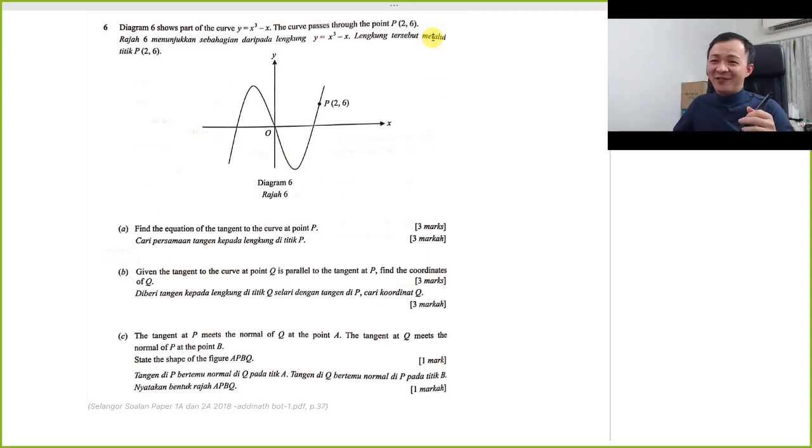Yeah, I just realized I forgot to wear my specs. No wonder I feel a bit uncomfortable. Okay, so